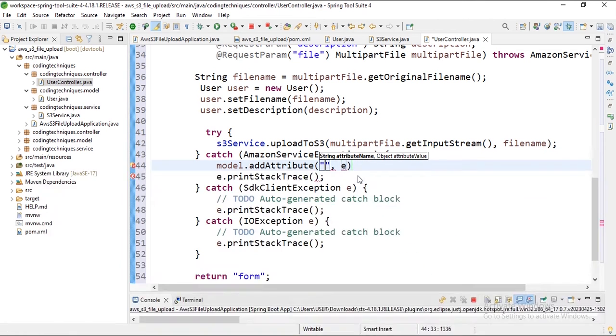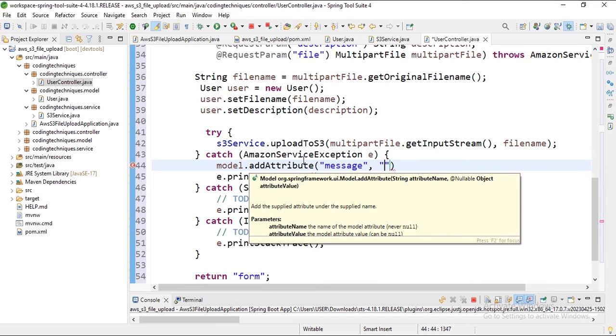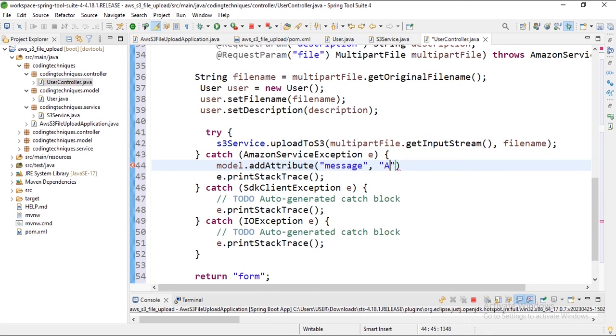The attribute is message, and for this we need to have the message like AWS service error. Okay,